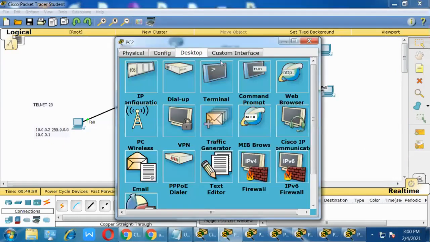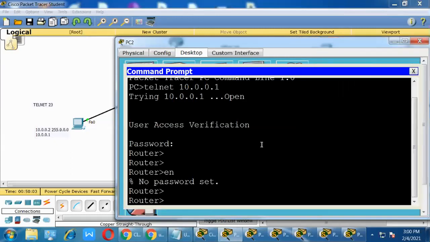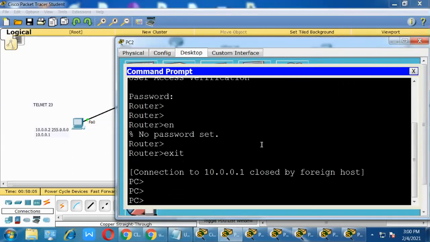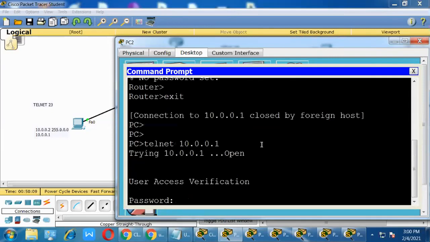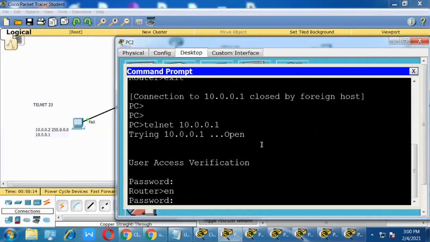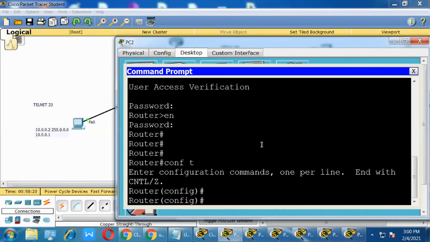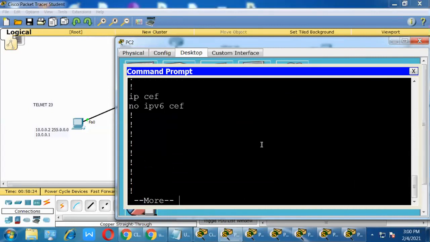Now I want to enter. Exit, telnet 10.0.0.1. The password is CCNA. Now enable, it's asking for the password. What is my password? CCNP. Now I enter, right? Then whatever I want to do, I can configure. Do show run.